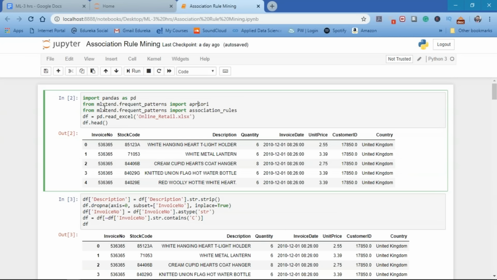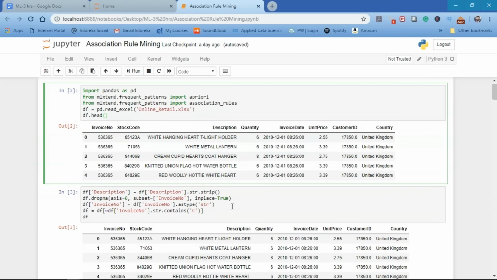So first of all, what we're going to do is read the data. From mlxtend.frequent_patterns, we're going to import apriori and association_rules. As you can see here, we have the head of the data. You can see we have invoice number, stock code, the description, quantity, the invoice date, unit price, customer ID, and